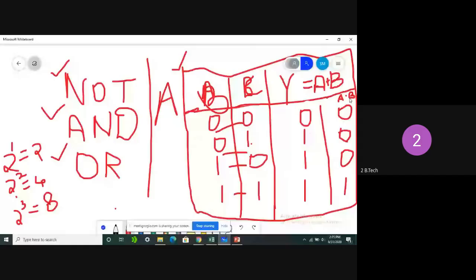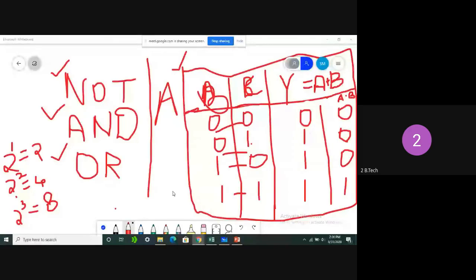We can practice at your home how to design the truth table for AND gate and OR gate using 3 input terminals. First of all we should write the different input combinations. Thereafter we can define the output. For the OR gate, if any input is 1, obviously output will be 1. If both are 1, then also we get 1. At least one high input is enough to get the output.